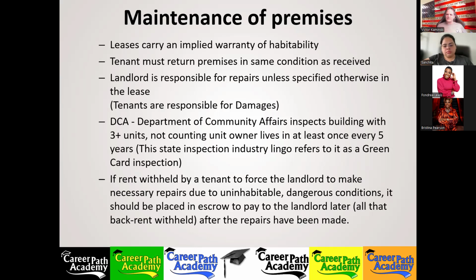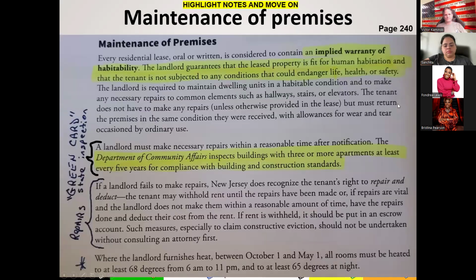And this is where tenants get a little bit of information, and a little information can be a dangerous thing because you don't have the full story. You're not allowed to just withhold paying rent, then start resuming after they do the repairs. You have to pay the landlord back all that back rent. And this is where tenants usually get evicted, because the landlord takes them to court and they didn't keep all that back rent, so they didn't have it to pay the landlord. Therefore, the judge would order them evicted. They don't get to live there for free. They were just withholding the rents.